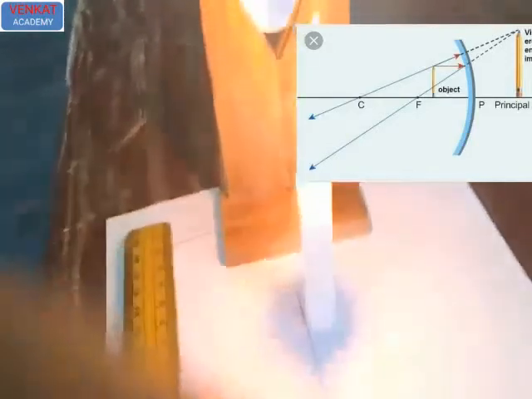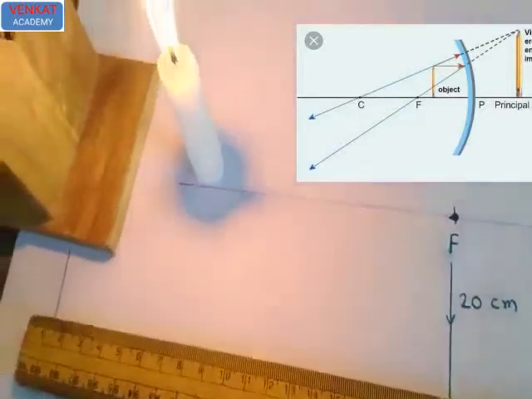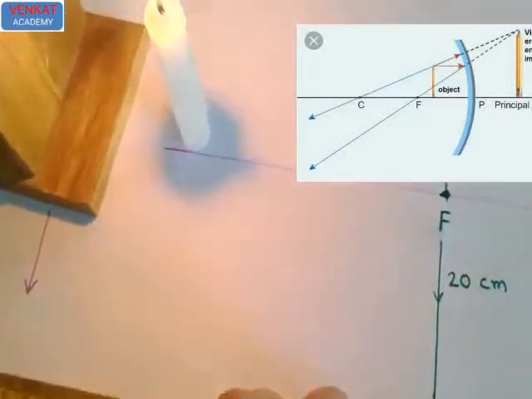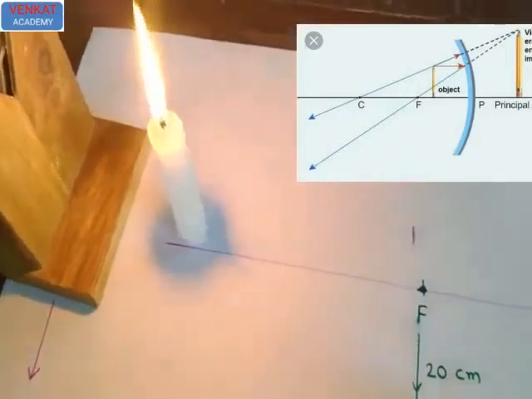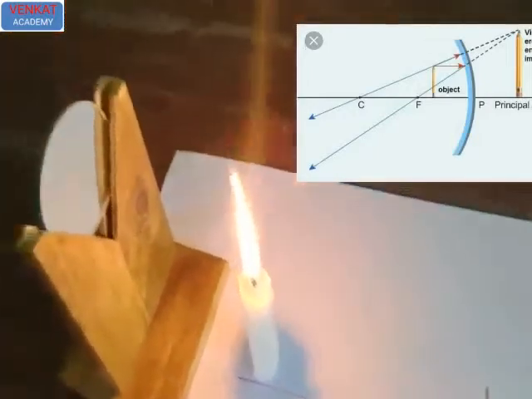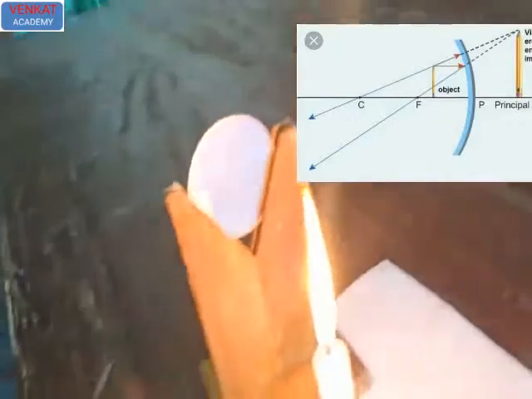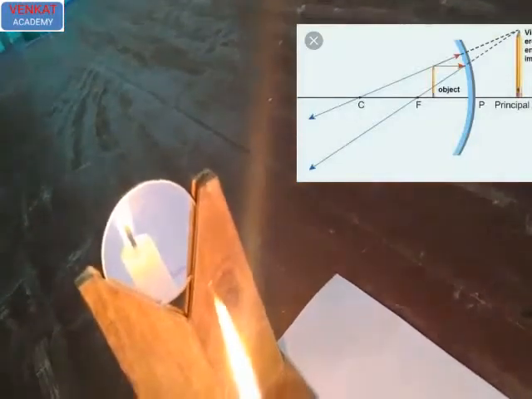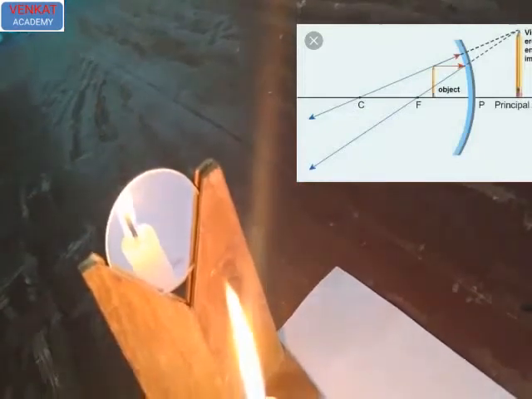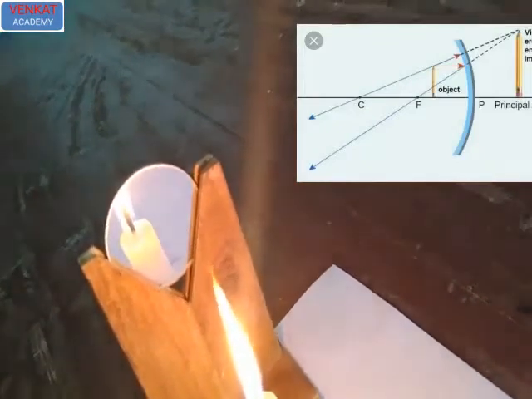Okay. Where is the object here? The object is between pole and focus. So this is the pole and focus. Object between pole and focus. Then what about the image? The image is formed inside the mirror and is a very big size image. Understand? These are the 6 cases especially for the concave mirror.